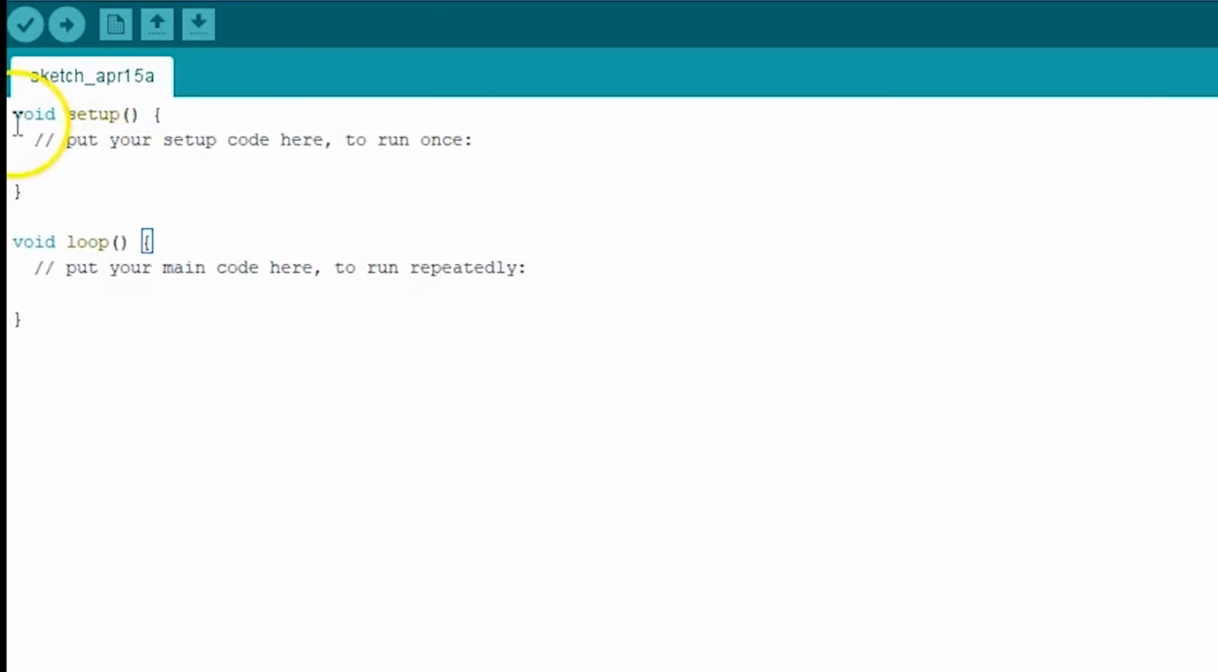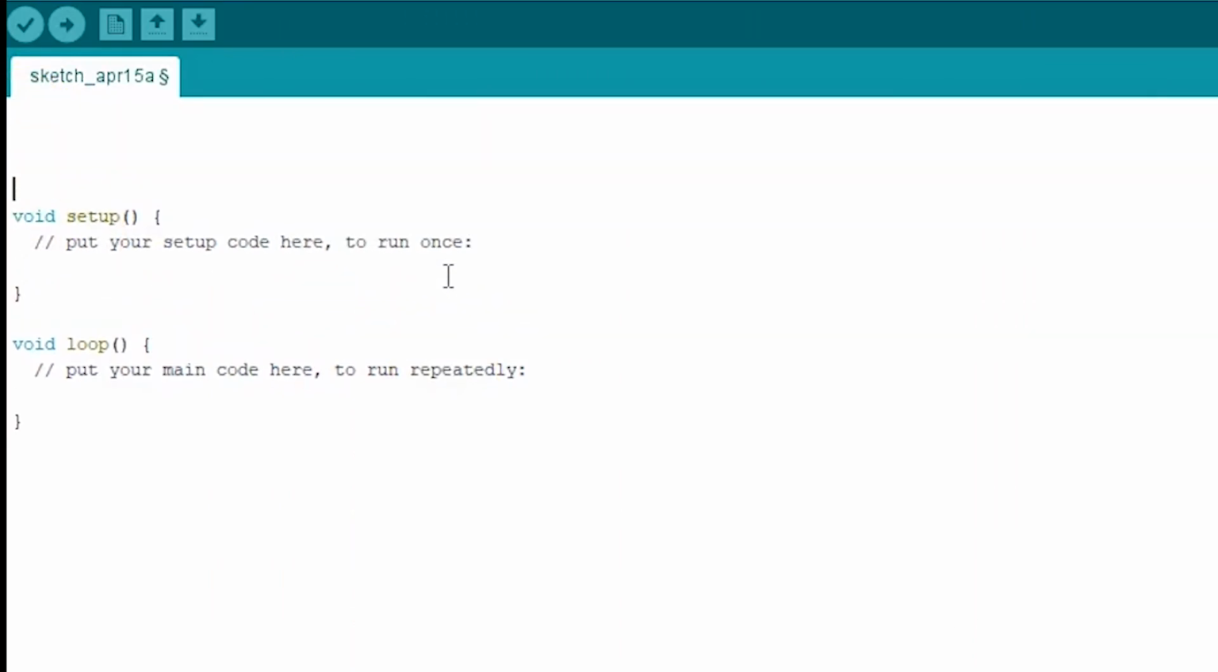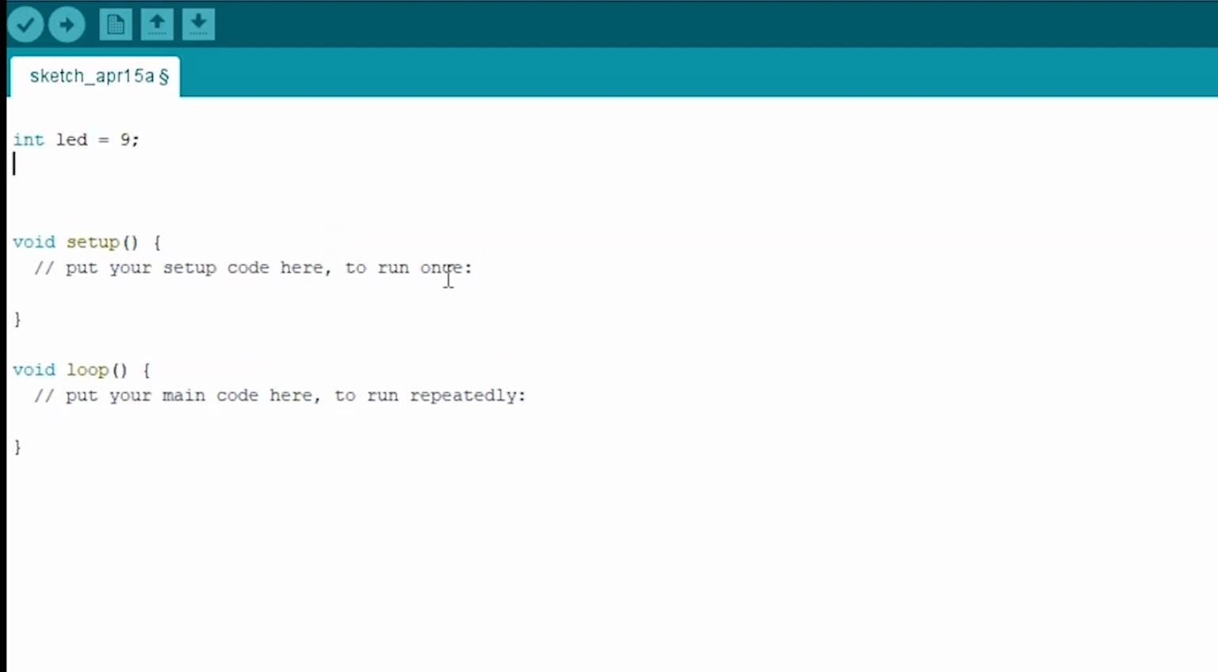All right, so we're going to set up a fading LED here. So let's ask ourselves right off the bat, what kind of constants do we need? What information do we need to start off? So we need the LED, of course, so where we're going to be placing our LED. In this case, we're just going to have it on 9. And then we're going to need